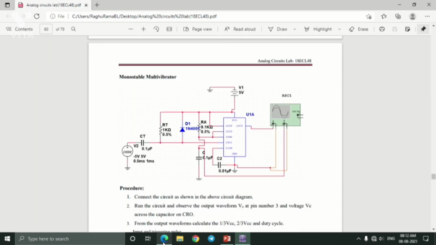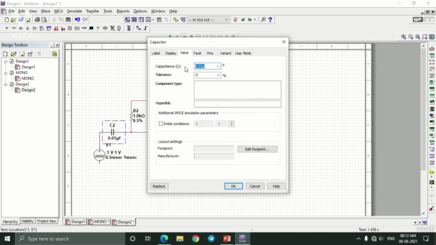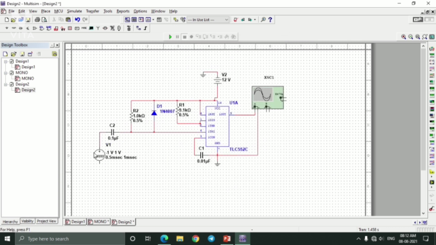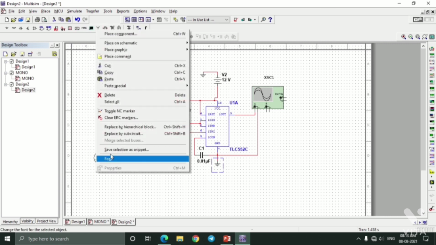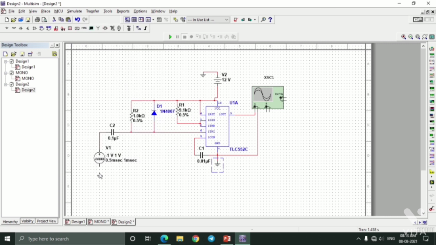Change the capacitor value to 0.1 microfarad. And now this pulse voltage terminal, you need to connect it to the ground. Copy the ground and paste it over here.